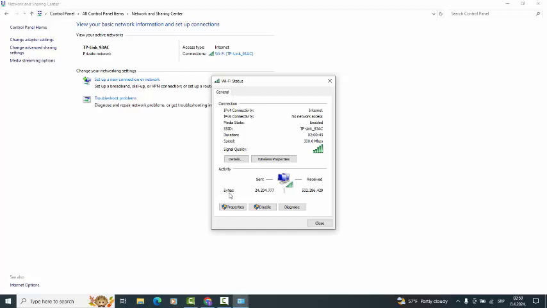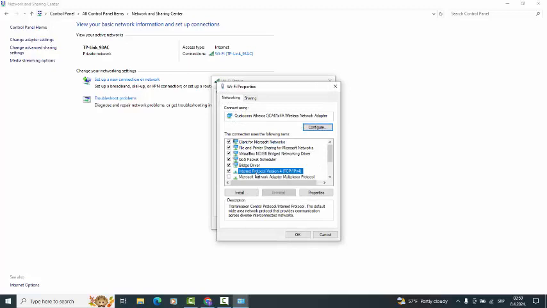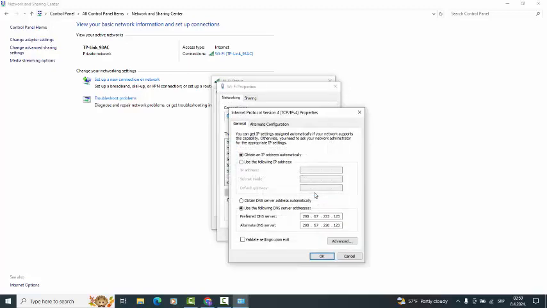After you go on Wi-Fi status, you go on Properties, Internet Protocol, click Properties, and then use the following DNS server addresses, which most of you are very familiar with. DNS code. What you have to input is